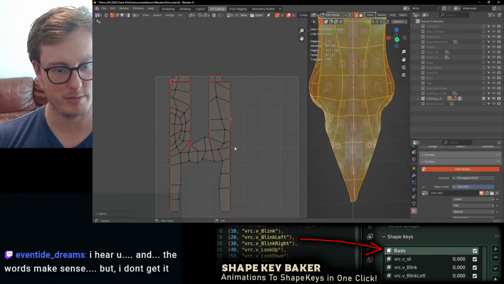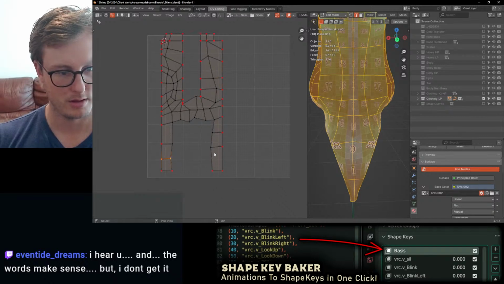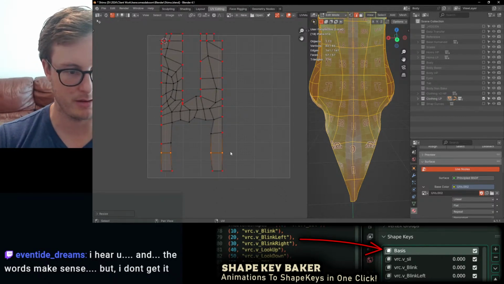Let's make sure that the back is lined up. Might as well just even these out. We don't need to, but